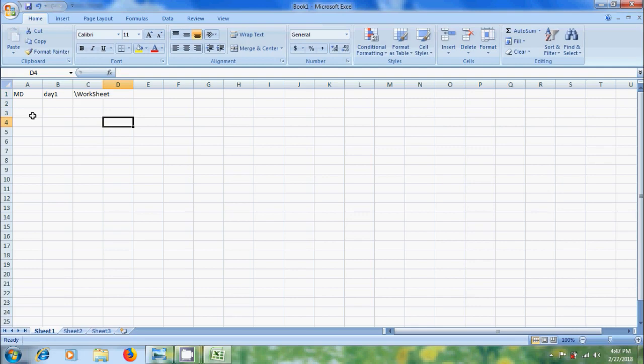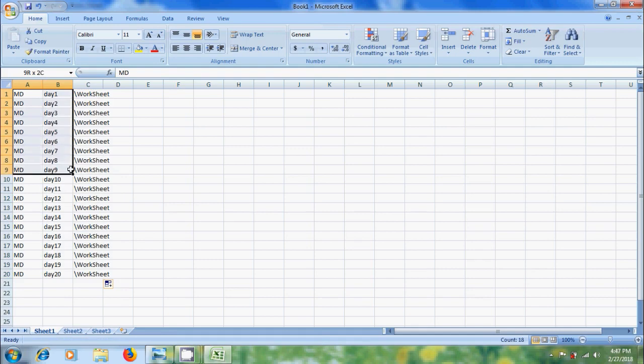worksheet. Drag each column to the number of folders you want to create. Here I want to create 20 folders. Now copy the data from each column